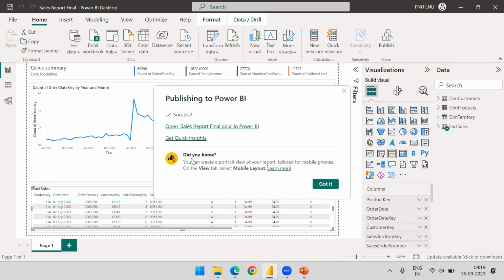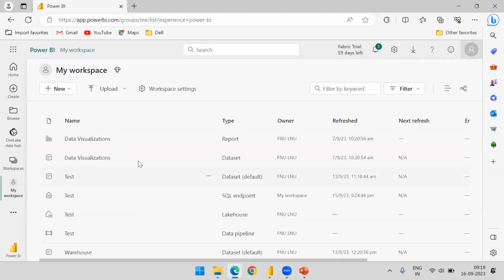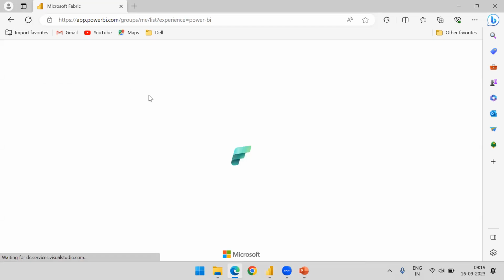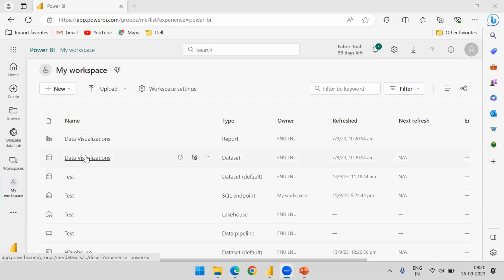Okay. And the moment you get this access success, even earlier we have seen here, we don't have anything called sales report. So now you will see that report. Once you publish the report, it will create two types. One is for data set, one is for reports. In case of data sets, you will be able to work with the data. You can use the data set to create the new reports and all. But if you go to the reports,